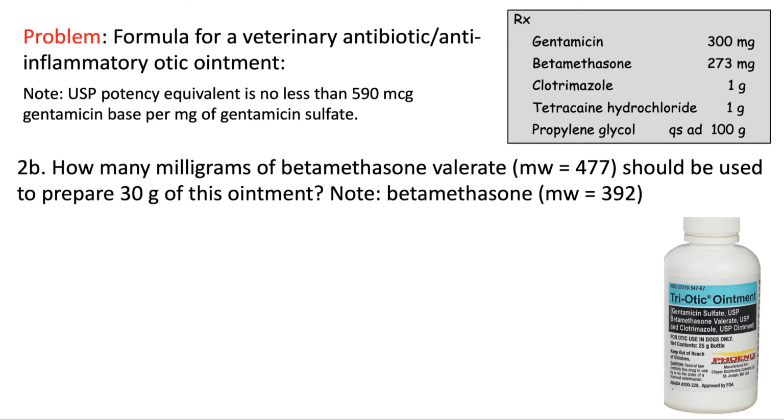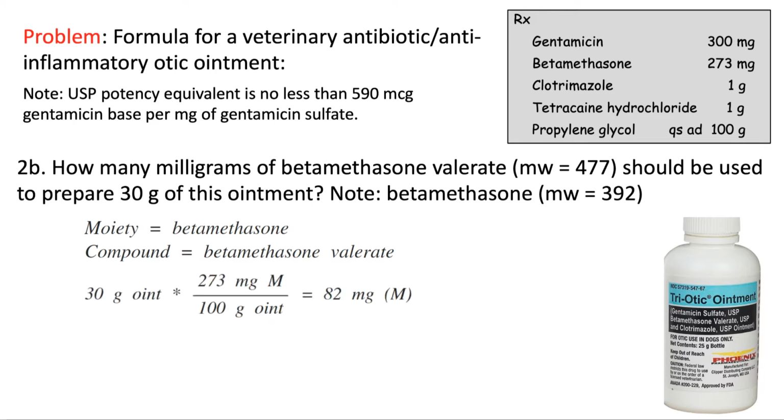the betamethasone valerate. So this is a perfect example where we have an active drug moiety, betamethasone, contained within a larger compound, betamethasone valerate. So to answer this question, we always want to establish clearly what is the moiety, what is the compound. So I'll remind you, in this question, the moiety is just pure betamethasone. The compound is betamethasone valerate. Okay? So the first step in doing this is to determine, essentially, the amount of moiety called for in the